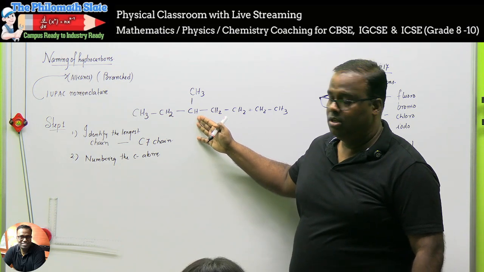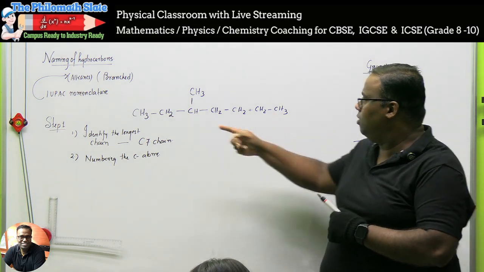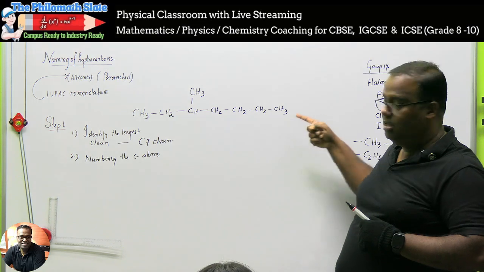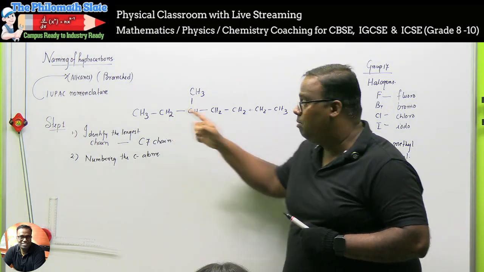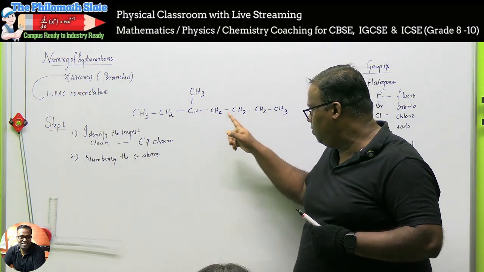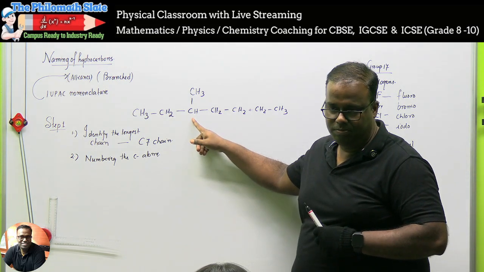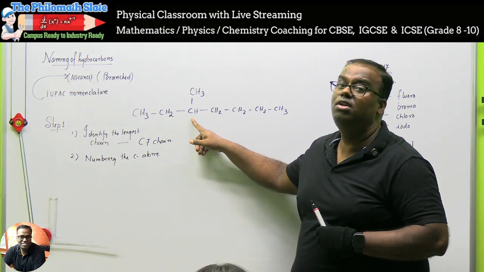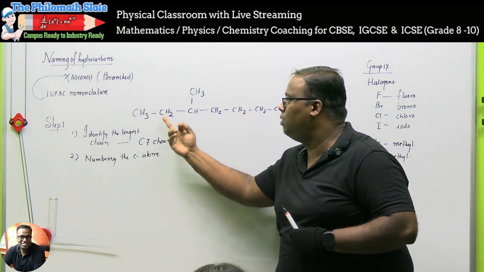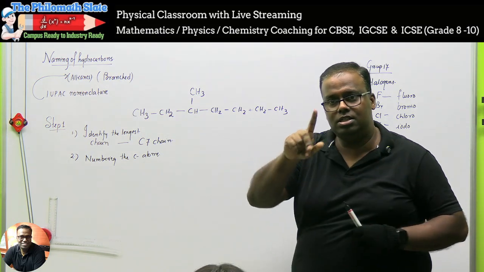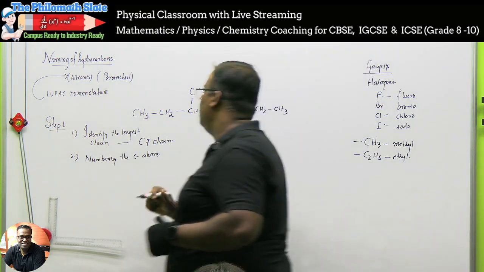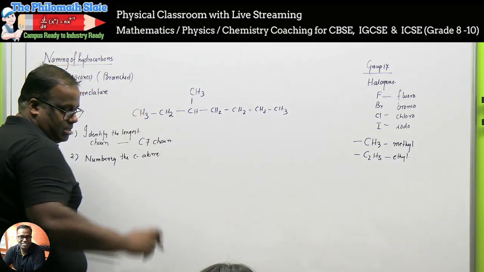नोड. Now one way I can number is see now 7 ऐसे करने से भी 7 है, ऐसे करने से भी 7 है. But if I come this way, 1, 2, 3, 4, I get number 5 out here. This carbon gets assigned the number 5. But if I count from this 1, 2, 3, 3 is less than 5. So I will be counting it as